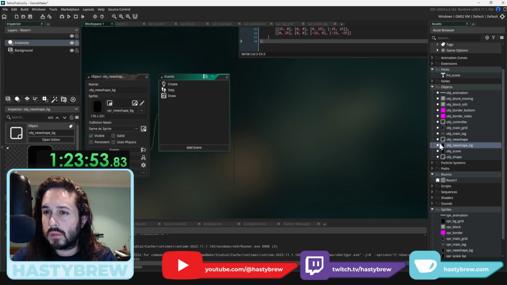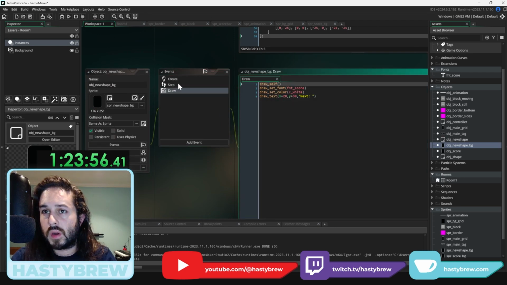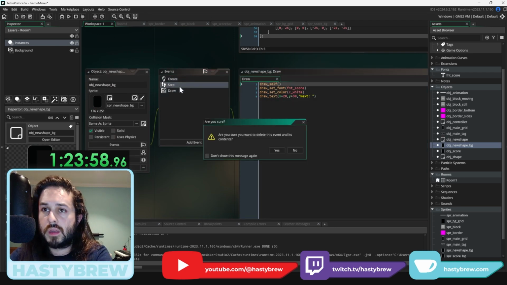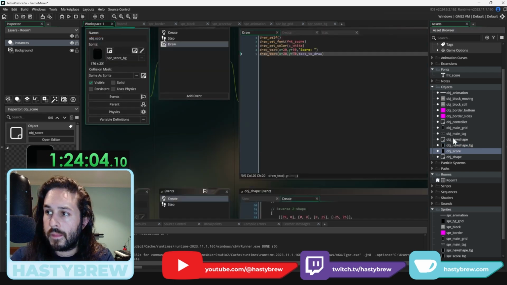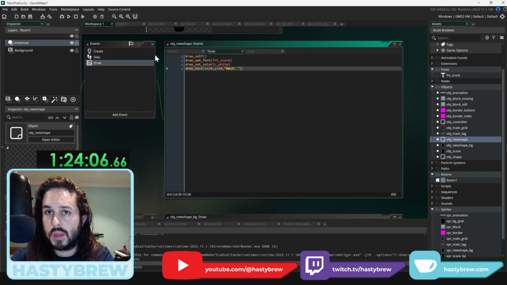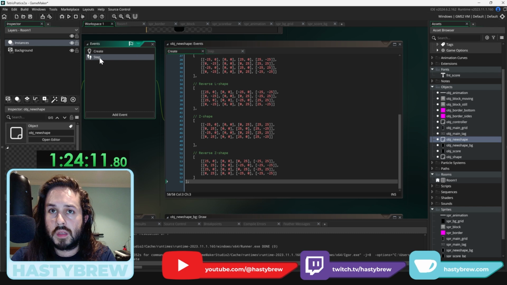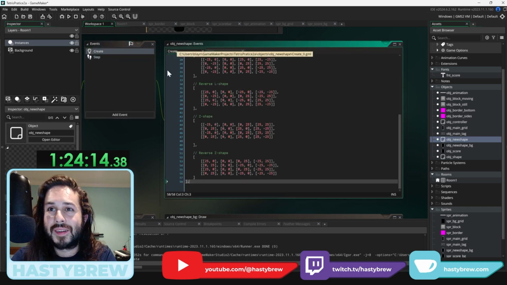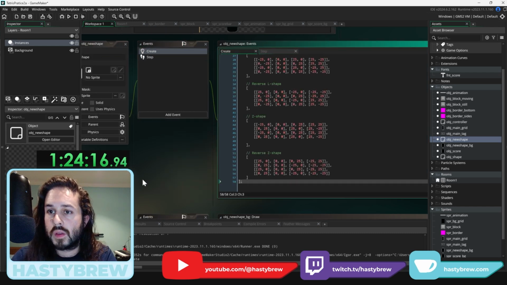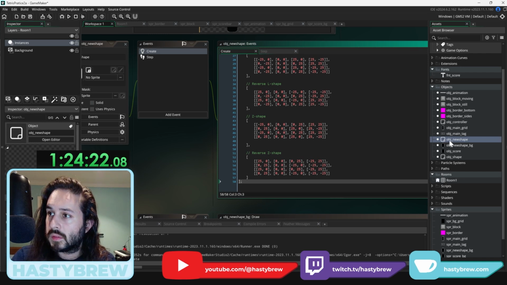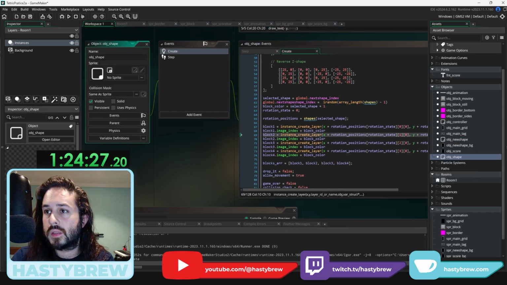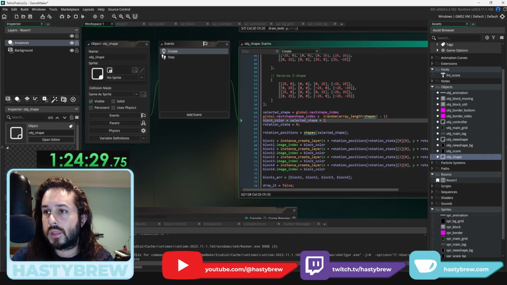So what we want is to leave this draw, but we want to delete the step and create out of this BG. Come into object new shape. Same thing, delete this draw. So now we can, I think, just right back in here where this code is. So when all of this happens,